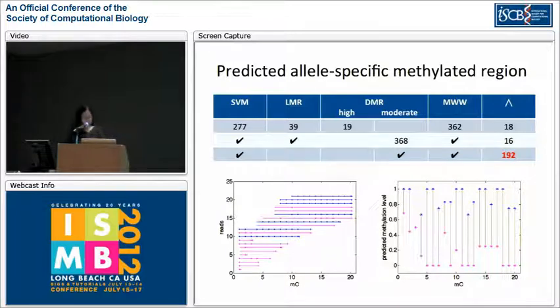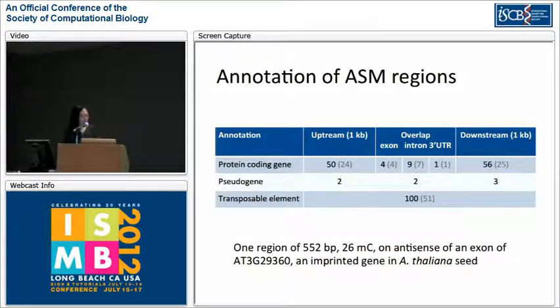So then one should really focus on these two groups as the candidates. Nonetheless, we just look at annotations of all these regions, and some of them overlap with gene bodies, and quite a few of them are upstream of a gene. So those would be the ones that one wants to spend more time on to look at the expression profiles. We didn't have the data at the time,